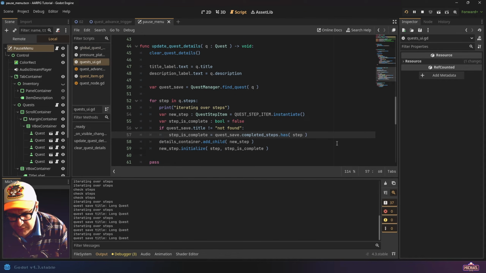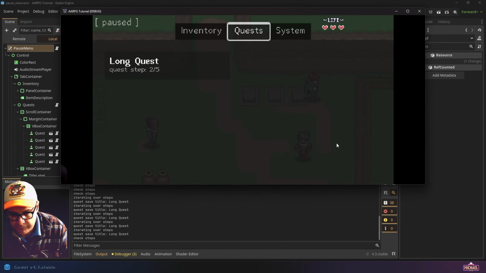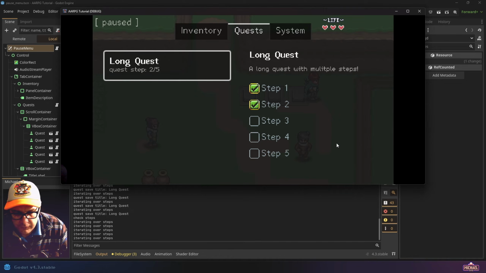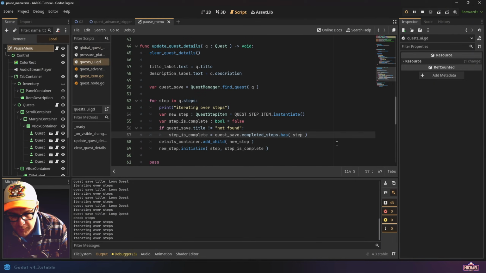That's weird. Let me go back and see if that fixes it. There we go. That works. I don't remember when we added that to lower, but that's the fix to that issue there. We were converting this to lowercase, and that was working because I think in our test data in our quest manager, we were saving it as lowercase. Now what we could do is, in fact, maybe we want to keep that to lower in there, but I want to come over here